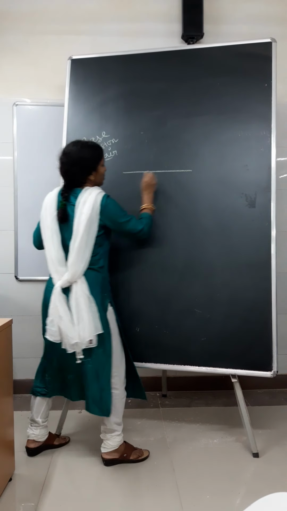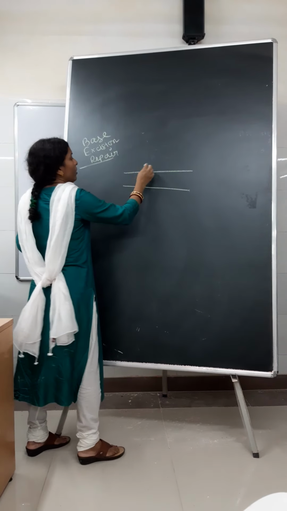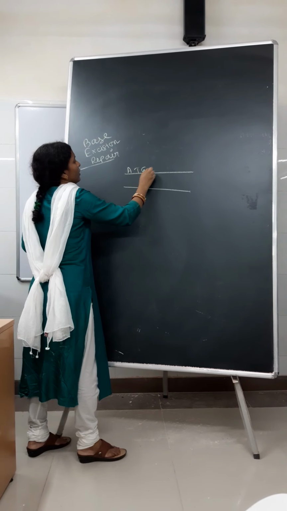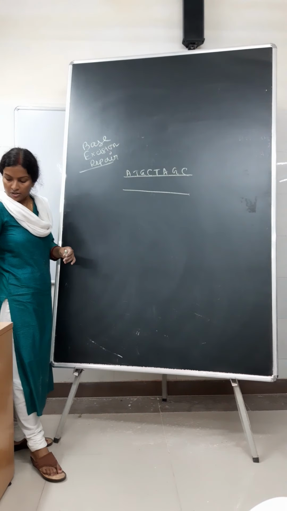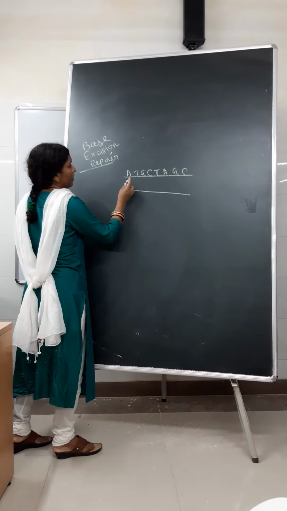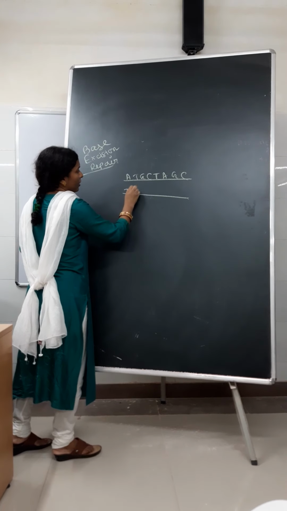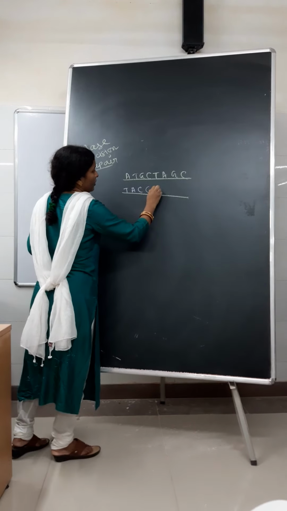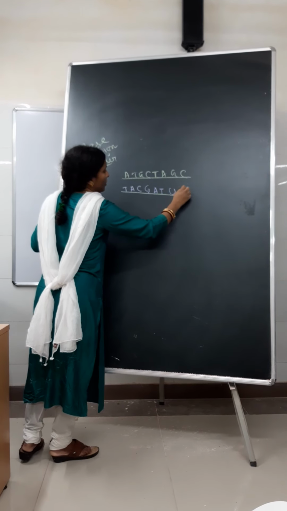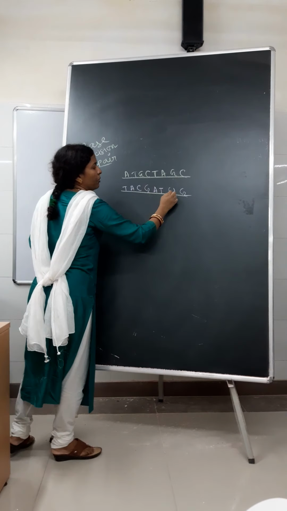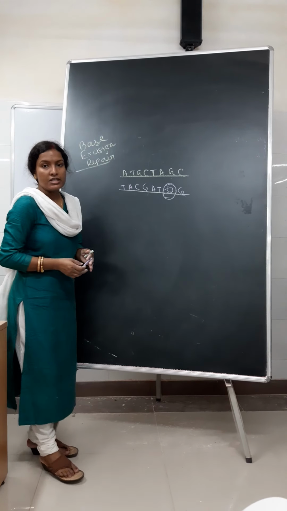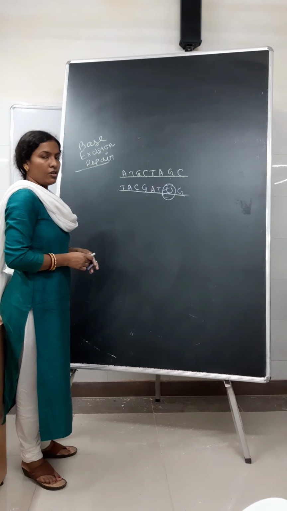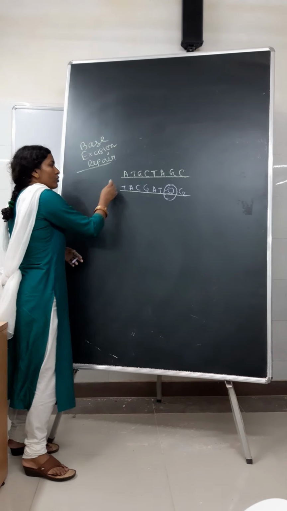suppose these are the two strands of the DNA. Okay, so first see. So this is the sequence in the parent strand, and see if this is the sequence in the other strand. See this base here, it should be cytosine, and now here it is uracil. Okay, so this base should be excised and should be repaired. This can occur spontaneously or via alkylation of base. So this should be repaired.